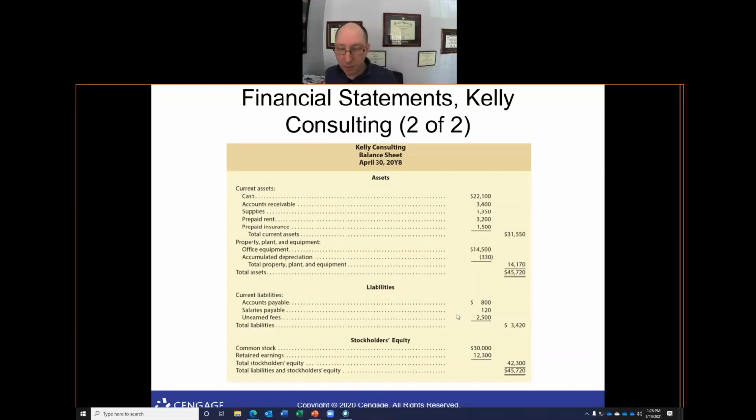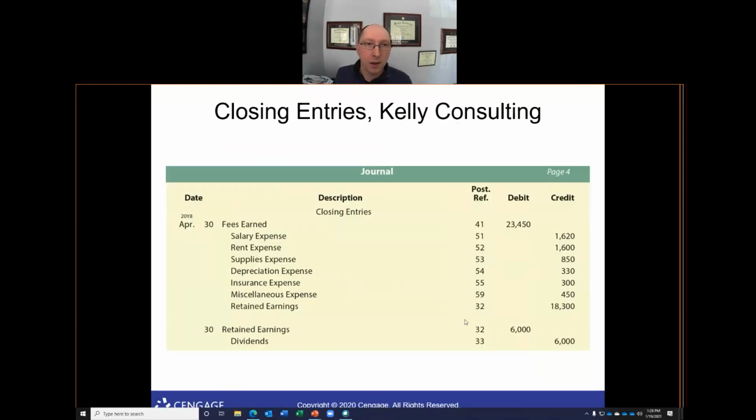Oh, and of course, we made some adjusting entries for liabilities in our transactions. After you have prepared your financial statements, income statement, balance sheet, and statement of retained earnings, you then prepare your closing entries. Your closing entries, debits and credits to close out your temporary accounts,